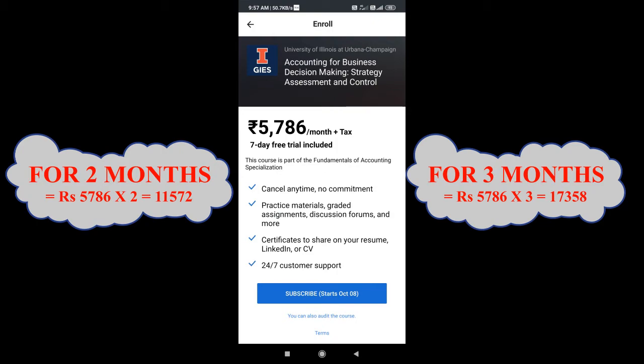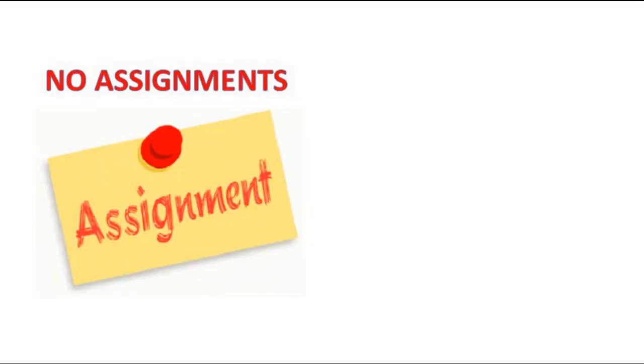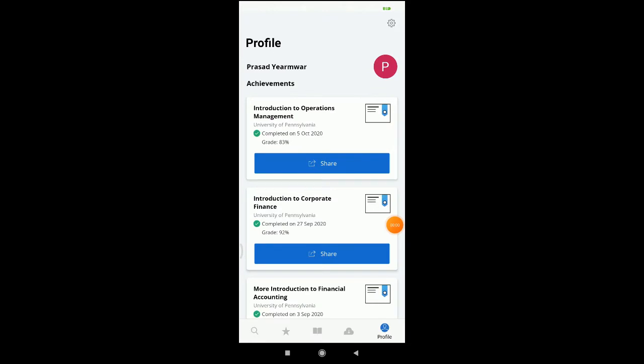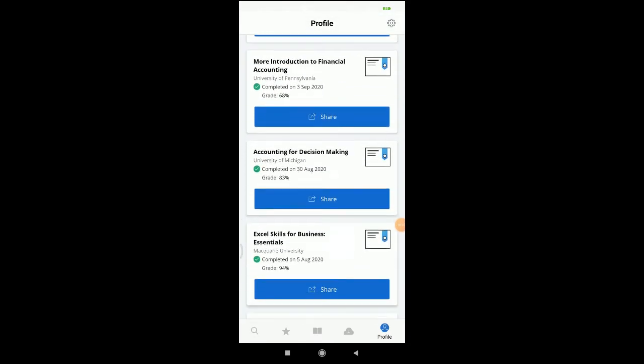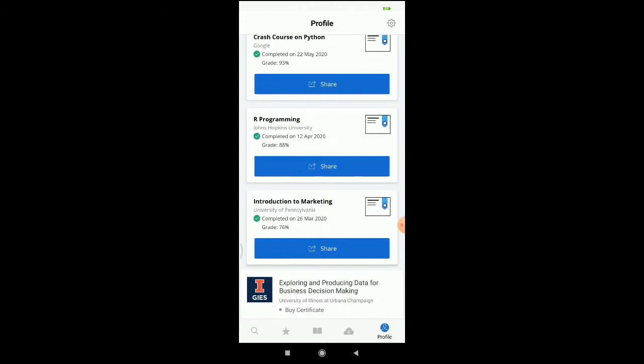Now let's move on to the subscription part. The primary purpose before going to the subscription is to gain more knowledge about a particular subject. But if that is the sole purpose, then you can go for the audit option. But this audit option enables you to take neither assignments nor a certificate, and this is the reason we are looking for an option better than audit mode. This is the list of certificates of the courses that I have completed through the financial aid. Now I will show you how to opt for this financial aid.